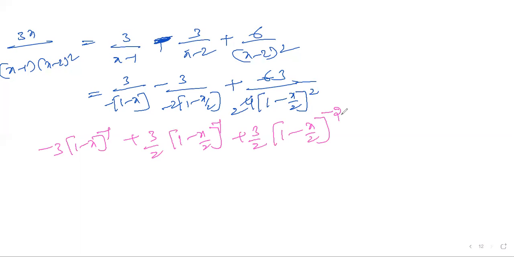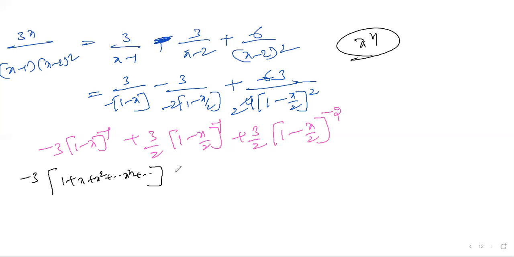This is very important. Till this, very important. Is it okay? Any doubt? Yes, sir. Now I'm trying to expand this one according to the requirement. What formula do you have here? What are you going to get here? Minus 3 into 1 plus x plus x square up to so on x power n, keep on going. I don't want to touch it, because we want the x power n coefficient.